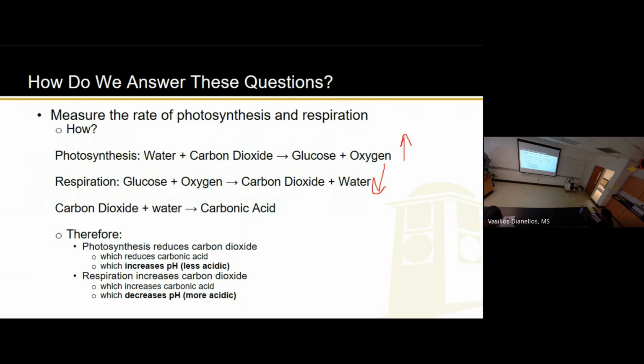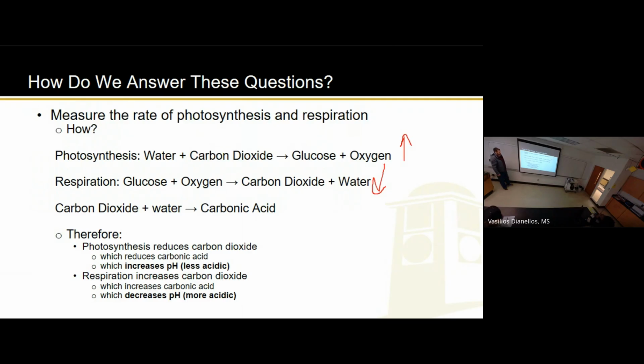Now, if it stays neutral, I'm not going to talk about this much, but if the pH doesn't change, what's happening, most likely, is that photosynthesis and respiration are happening at the same rate, right? As photosynthesis is happening, it's producing glucose and oxygen. But meanwhile, these algae beads that I'm going to tell you about later also go through respiration. Everything does to live. So it's also using the glucose and oxygen. It's just doing it at an equal rate. So that's something else to keep in mind when we're going through these experiments.